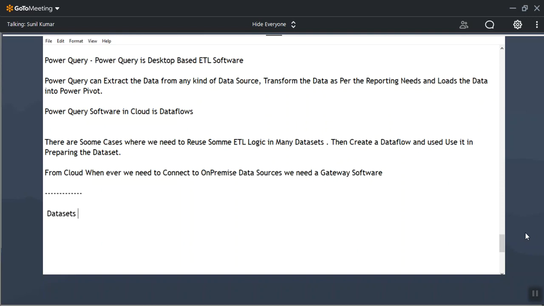Today, we'll discuss data set options, or actions, as some people call them. There is a data set, and beside it you will find options like this. We call all these data set options or data set actions.